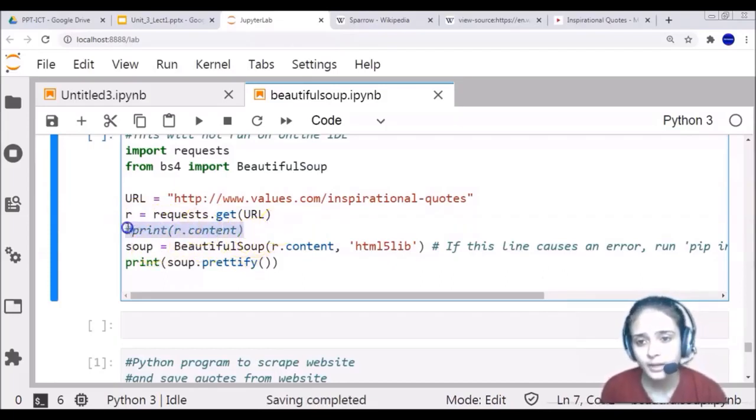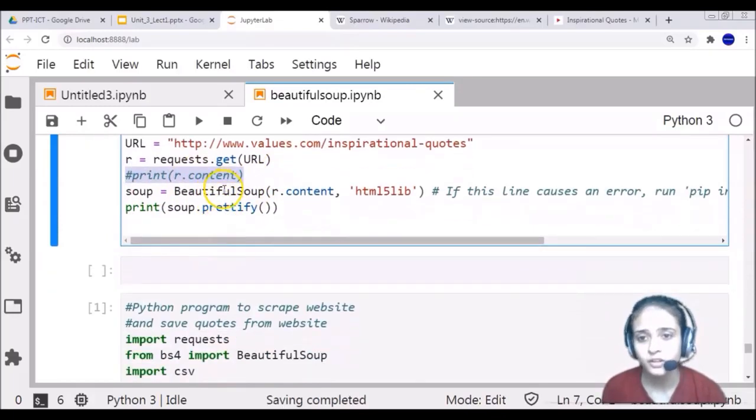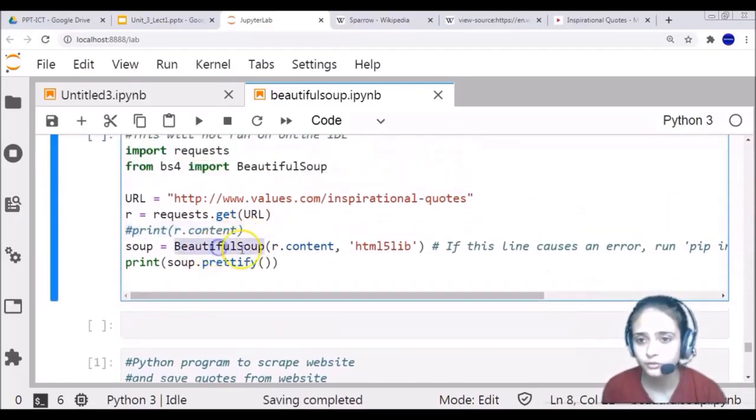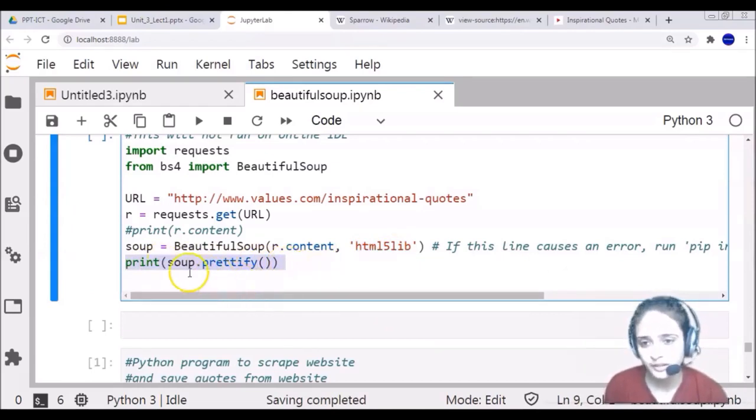Now instead of printing r.content, I am using the Beautiful Soup constructor, passing two arguments: r.content, and as the second argument html5lib. It means the website is using HTML5 content, and then I am printing soup.prettify().